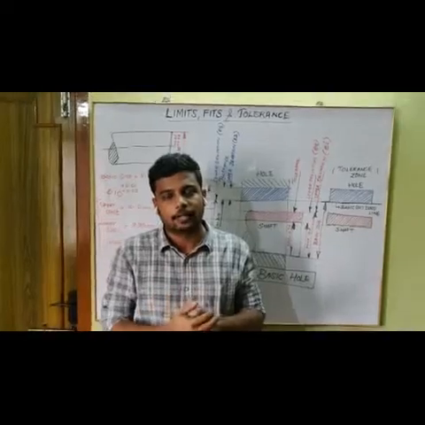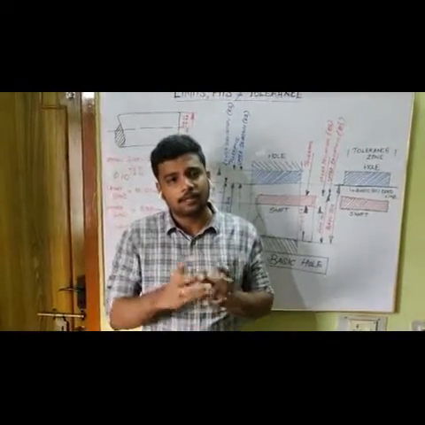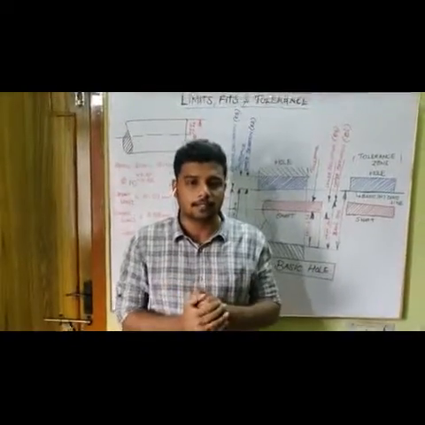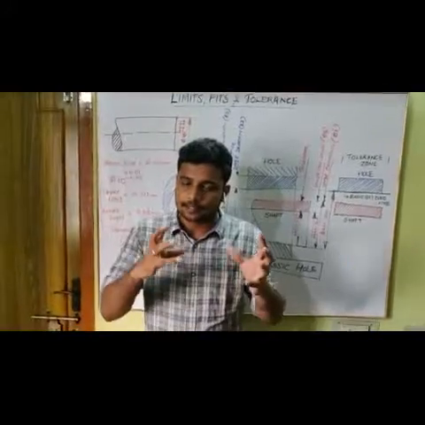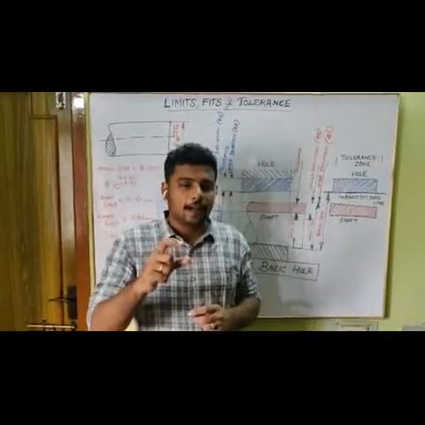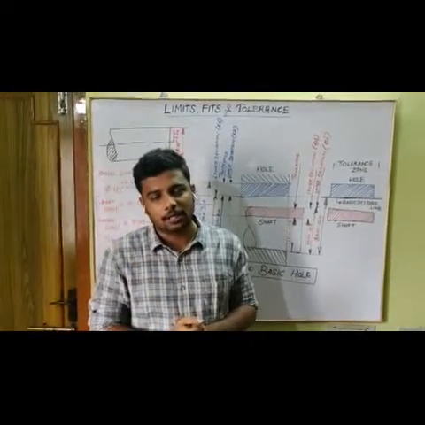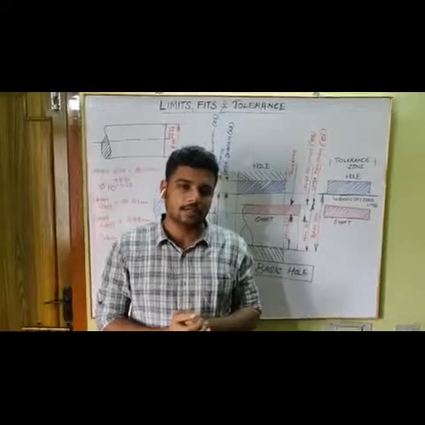For example, if you take a bolt and nut, which is standard in all machines, the bolt and nut are produced in mass numbers. When the part is produced in mass numbers and that same part is used for the assembly, you have to have one important property called interchangeability. So what do you mean by interchangeability?